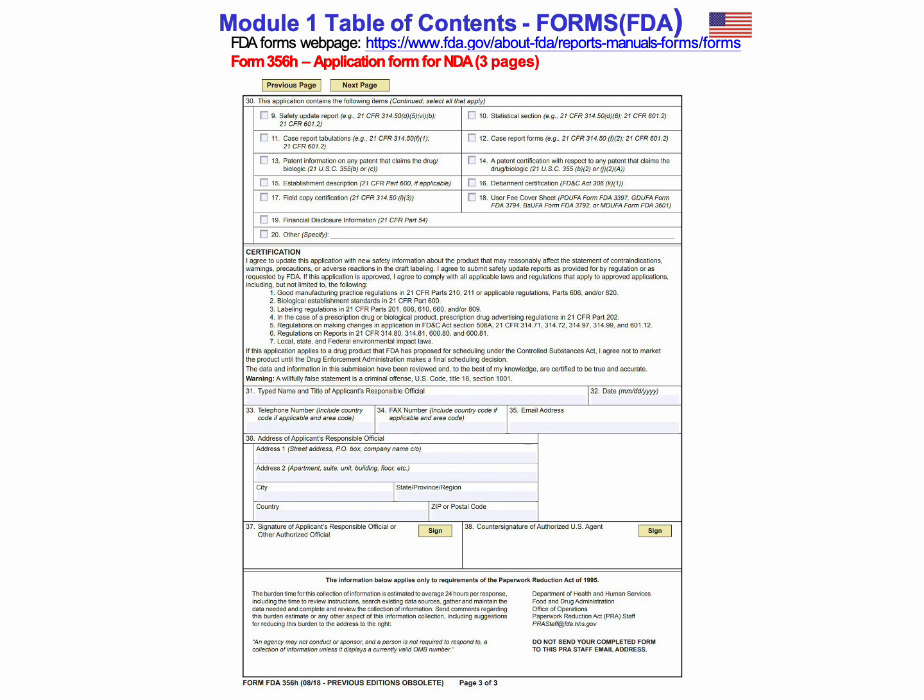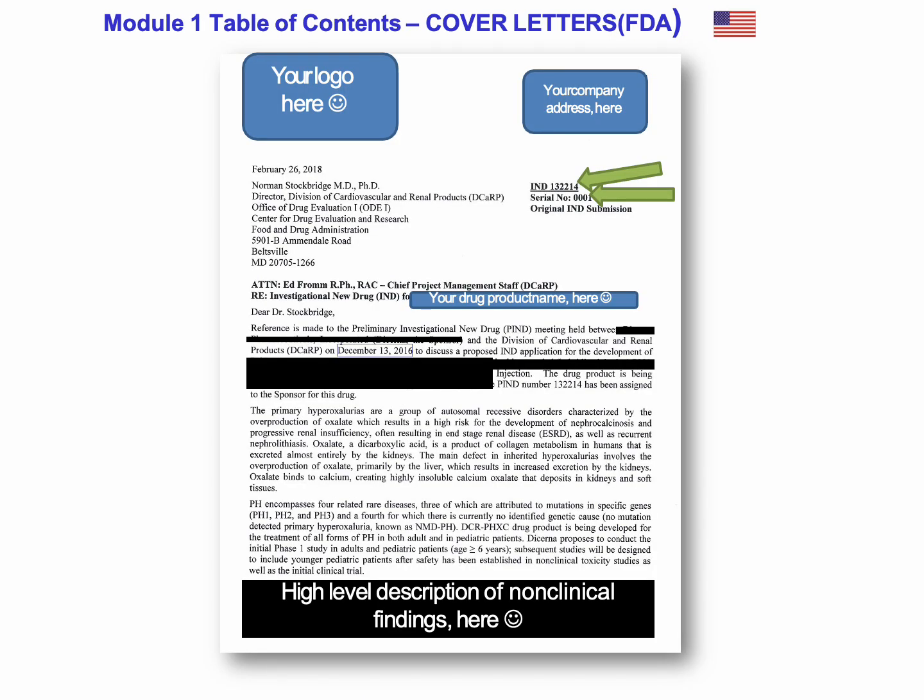Here, of course, we can talk again about the continuation of the form 356h. So here, as you see, the third page has to be completed as well and signed. And as I already explained, we also have a form on how to complete these forms. You always have forms, and you always have instructions to complete these forms.